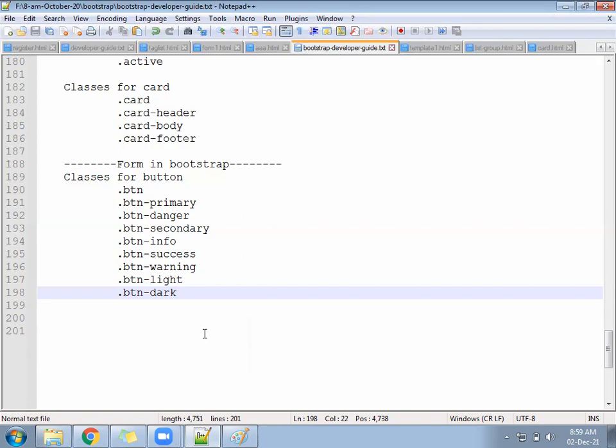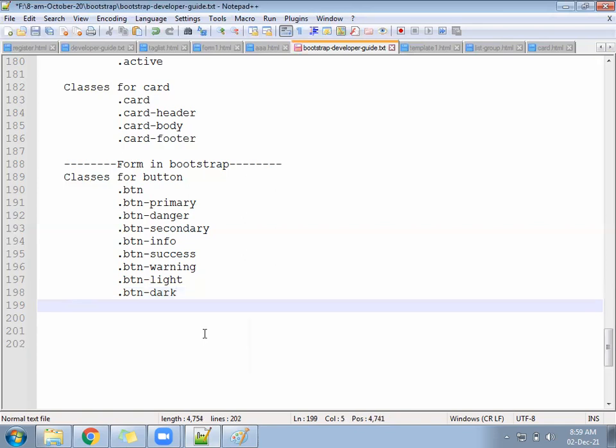So ready? Now we'll create a file, button.html. We have the button group also.